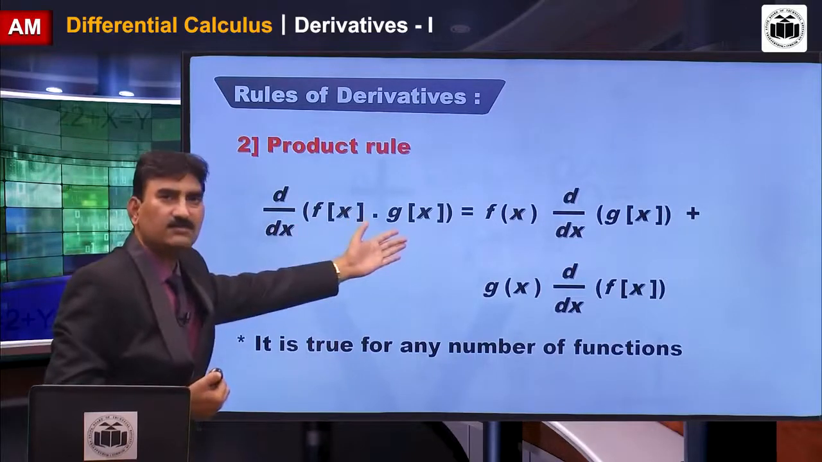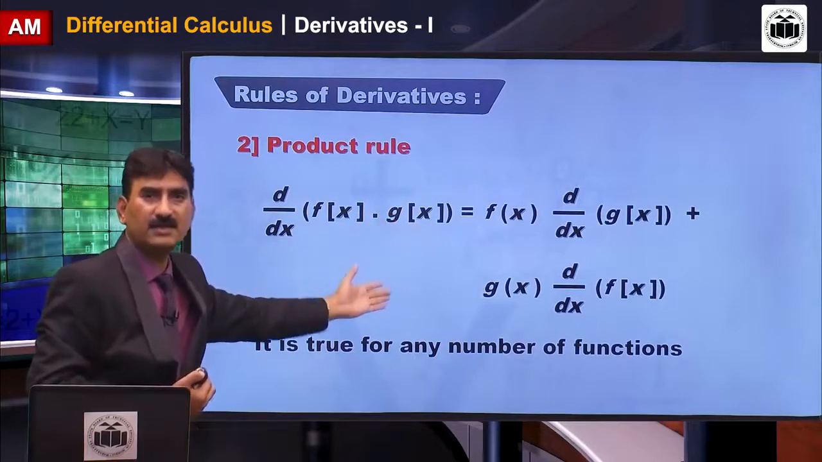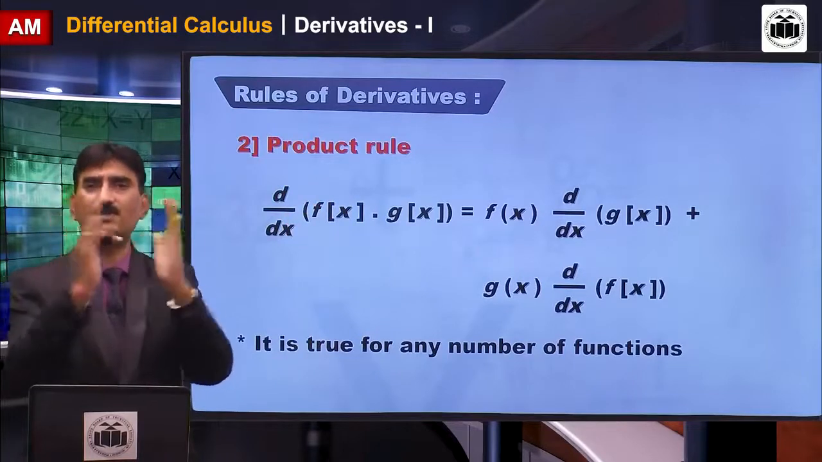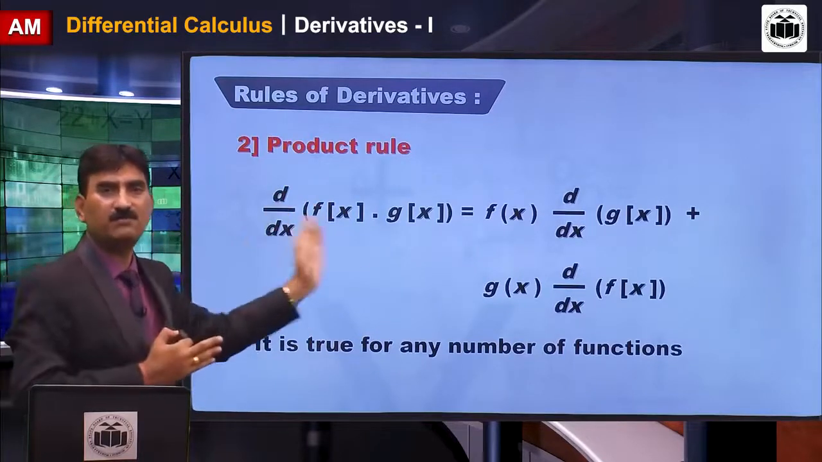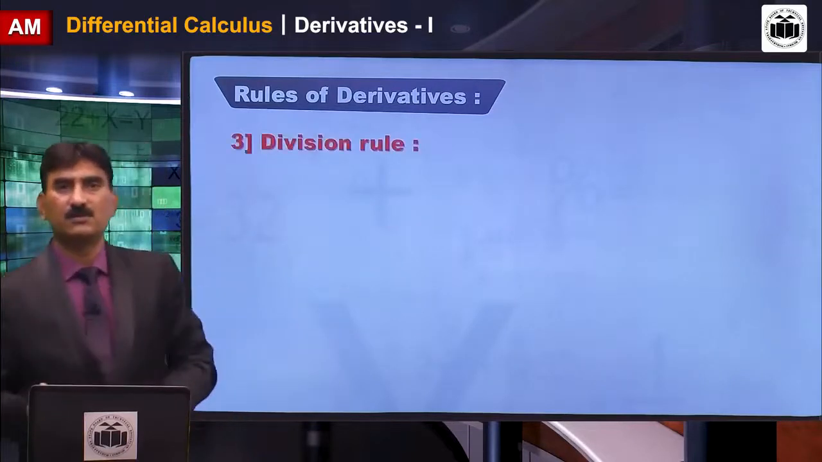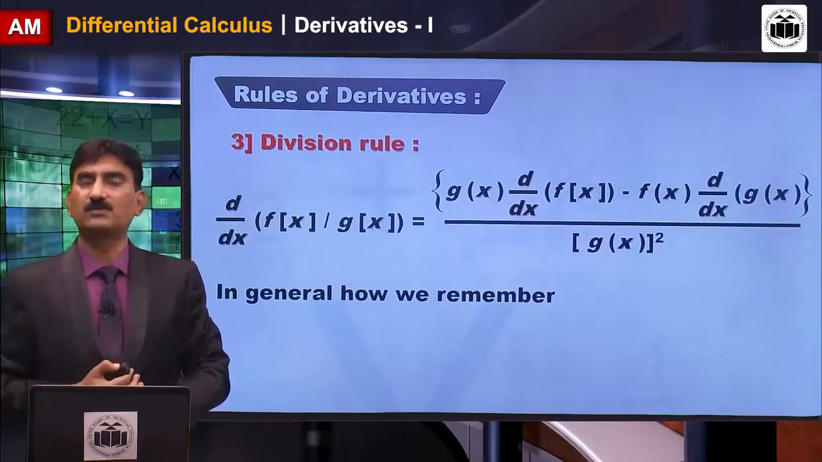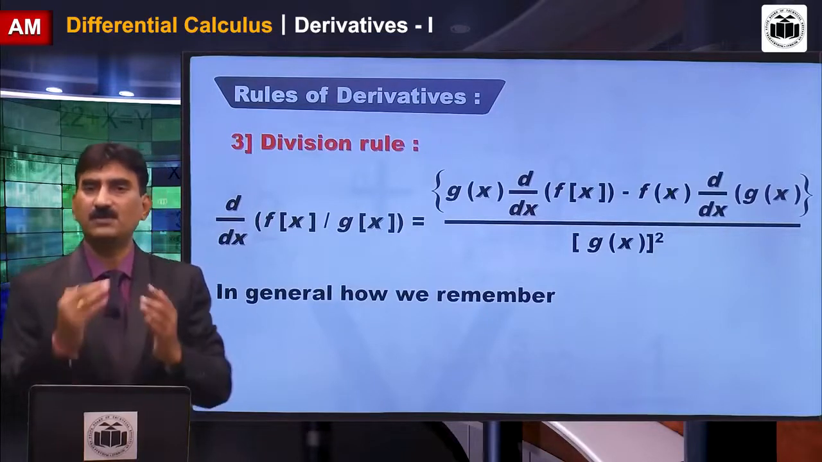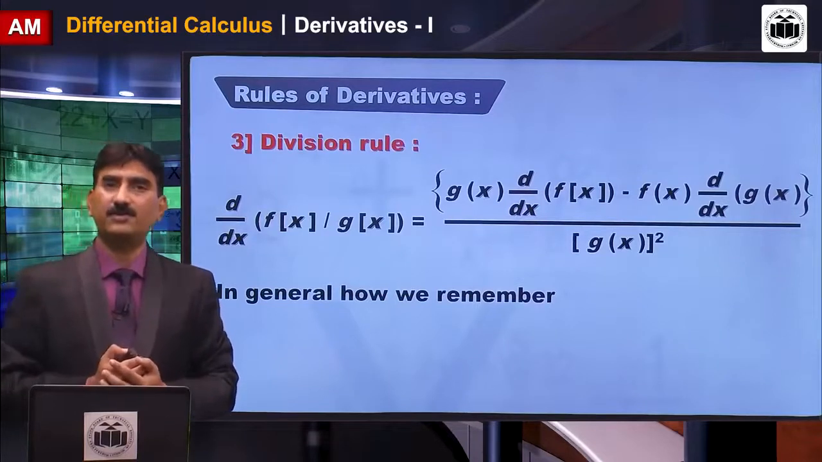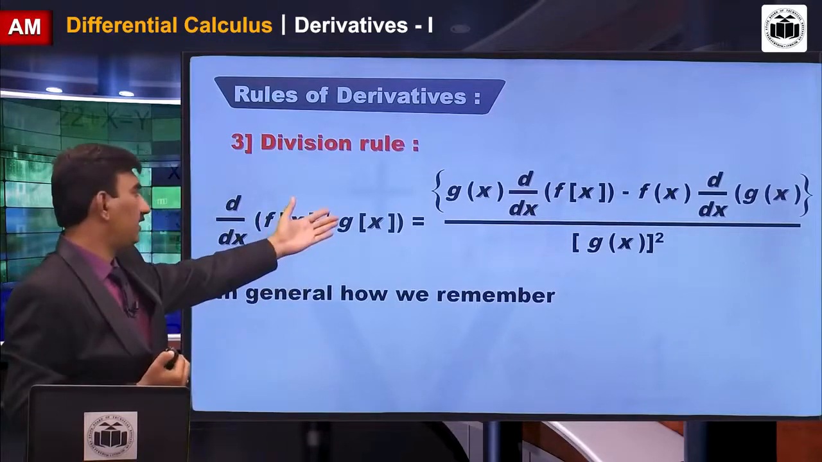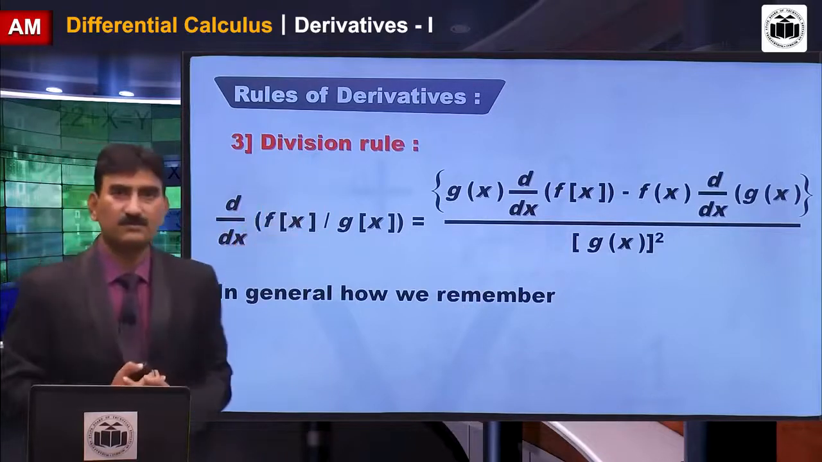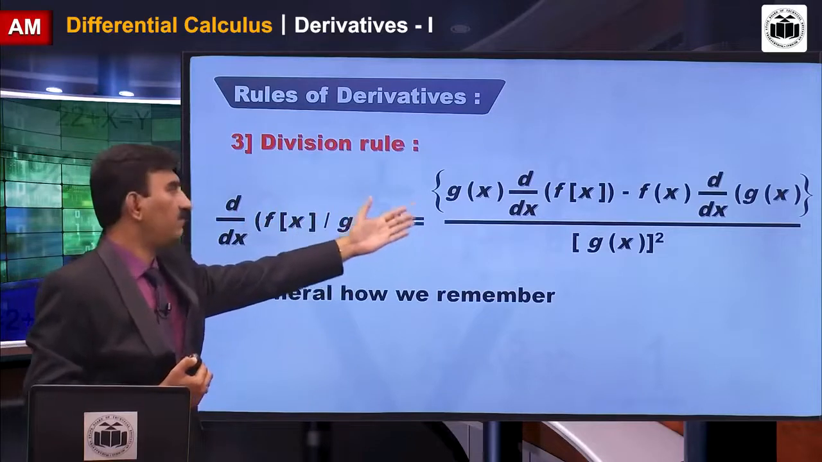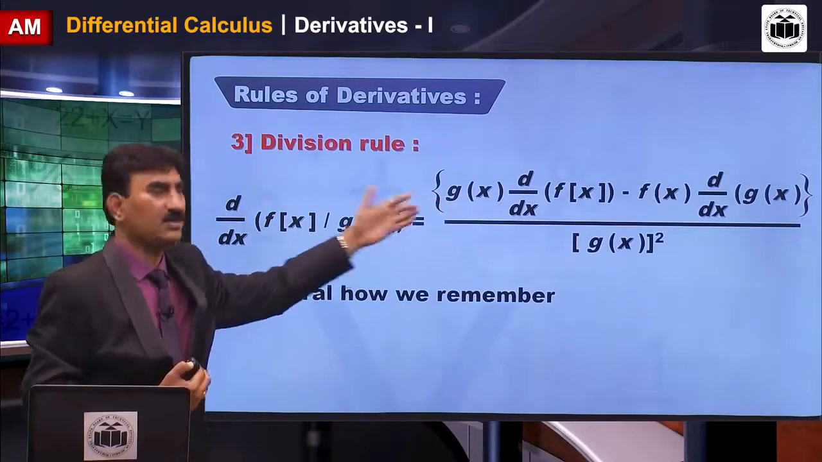Correct. First into derivative of second plus second into derivative of first. So, a simple way to remember this product rule is by using function 1 and 2. Now, the third rule is a very important rule, the division rule. When you consider two functions in division form, how do you apply this derivative rule? Now see here, f(x) upon g(x). The rule is g(x) into derivative of f(x) minus f(x) into derivative of g(x) upon g(x)